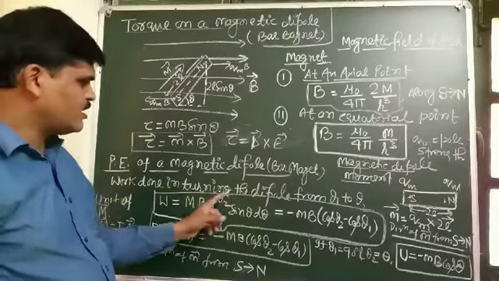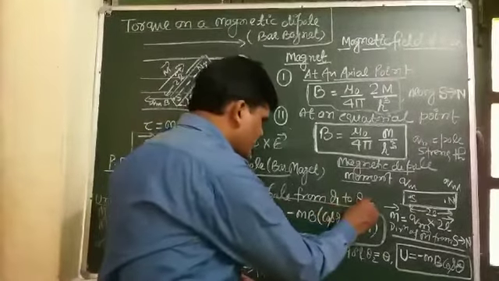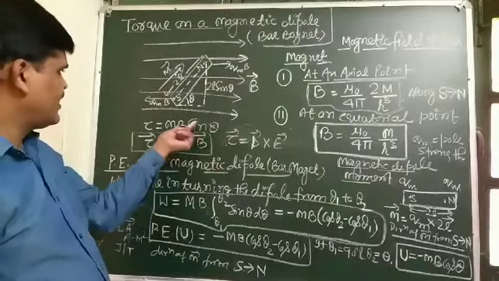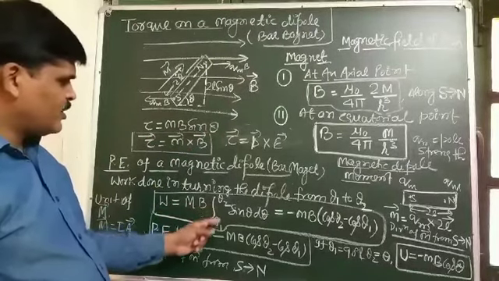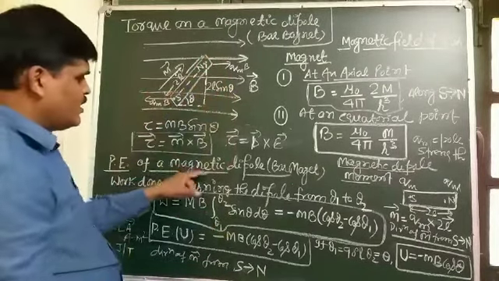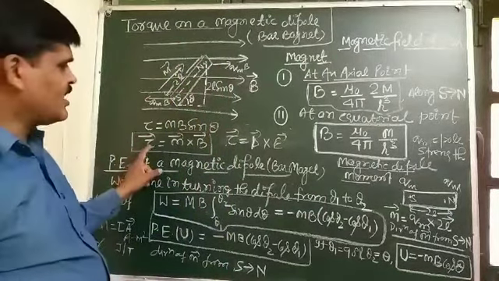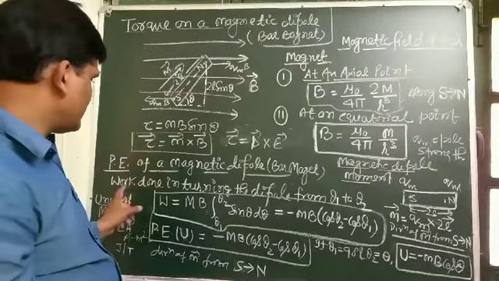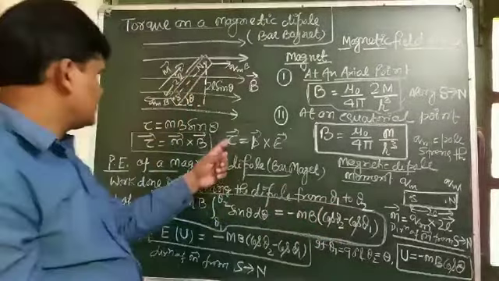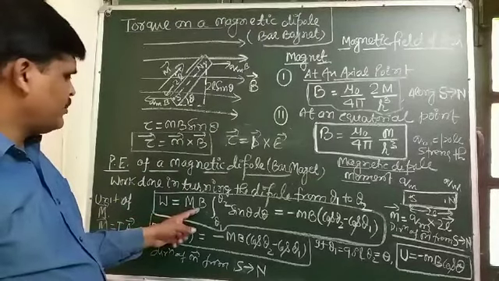The work done in turning the dipole, or work done in rotating the dipole from angle theta 1 to theta 2, comes out to be M B integrated from theta 1 to theta 2. This is the work done in rotating the dipole against the torque that acts on it, from angle theta 1 to theta 2. So this formula is integrated: W equals M B